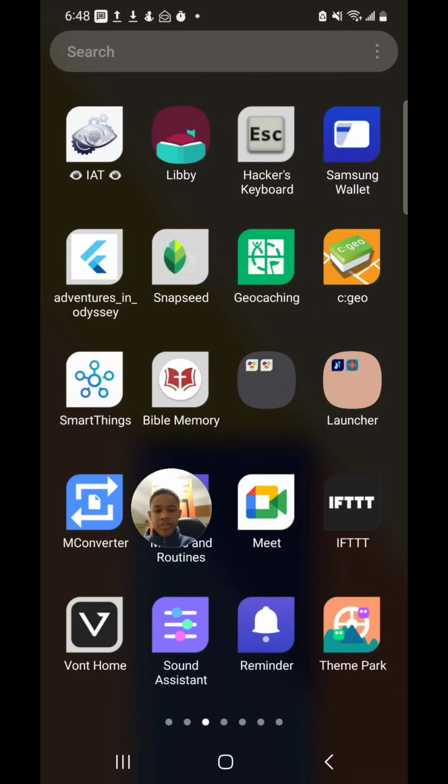Libby, which is an ebook reader, Hacker's Keyboard, which is like a full desktop keyboard, Samsung Wallet, Adventures in Odyssey PWA, which is basically a link to their website, and I also have the official Adventures in Odyssey application, so I can download episodes offline, Snapseed for photo editing, where I've gotten to more advanced